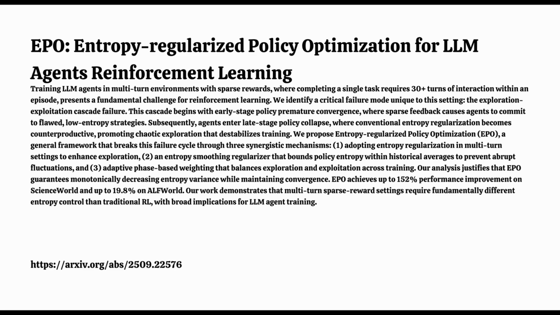Okay, results like that make you want to know why it works. The ablation studies, where they remove parts of EPO, must be revealing. What happened when they took out the smoothing component? That was very informative. On ScienceWorld, again, removing the entropy smoothing regularizer really hurt performance. How so? Convergence was much slower, and the success rates plateaued much lower, around 50–60%. It really underscored that the smoothing is crucial for stable learning in these sparse settings. It's what breaks that cycle of oscillation between too much guessing and false certainty.